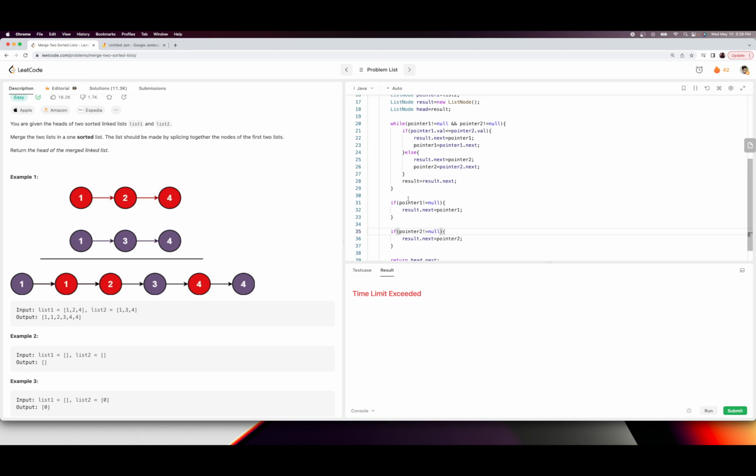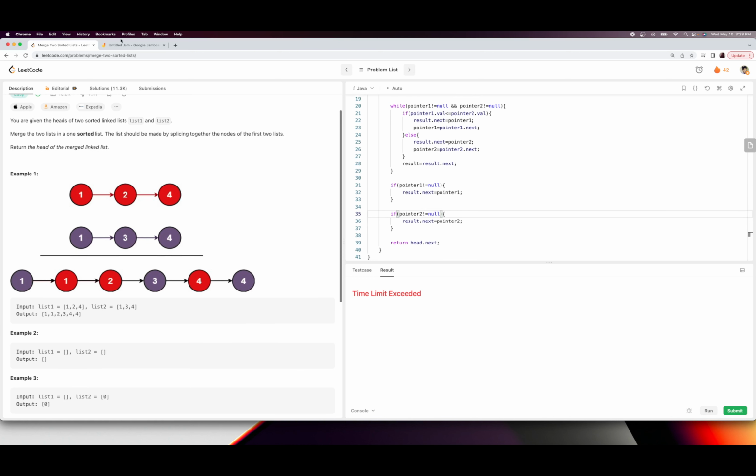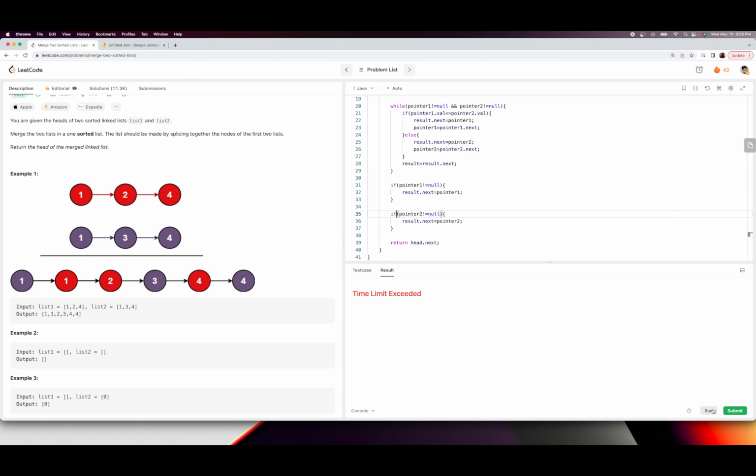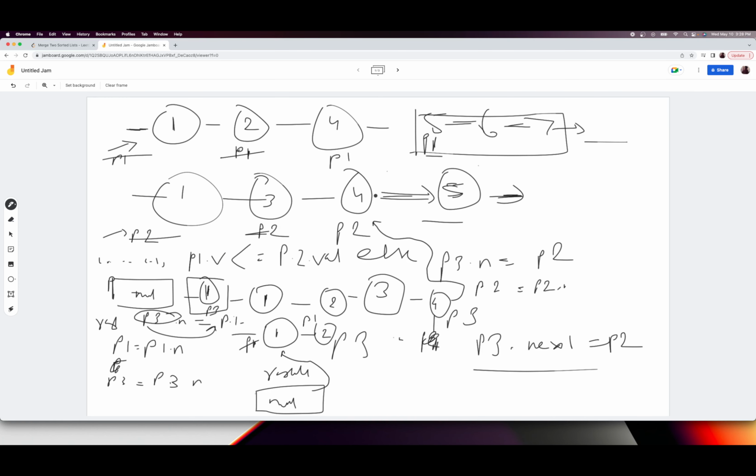If pointer 1 is not equal to null, then result.next will move to pointer 1, right? Yes, that is the reason why it was giving an error, because we don't need to use a while loop, we need to use an if condition, right? Because at this point of time